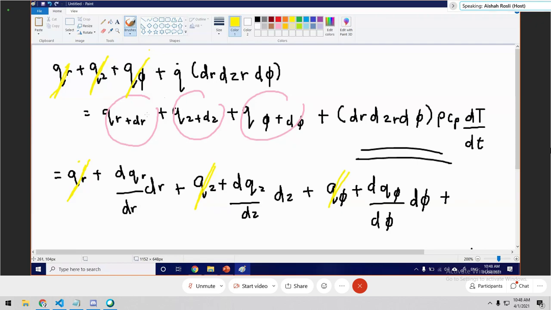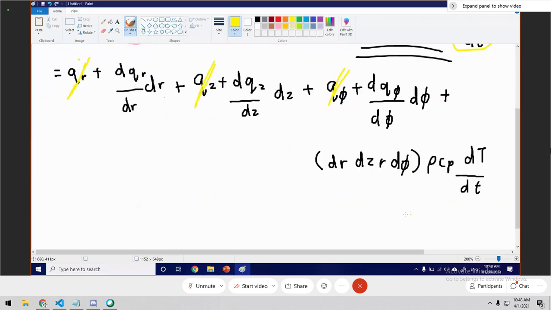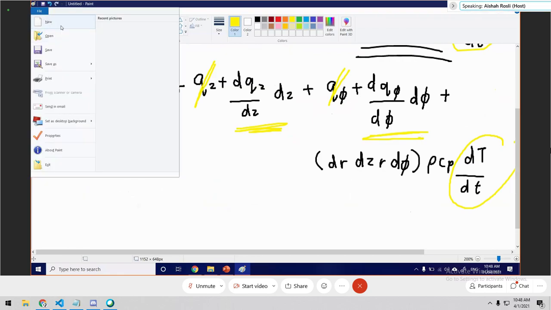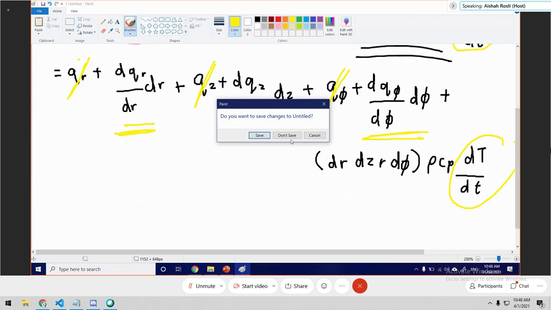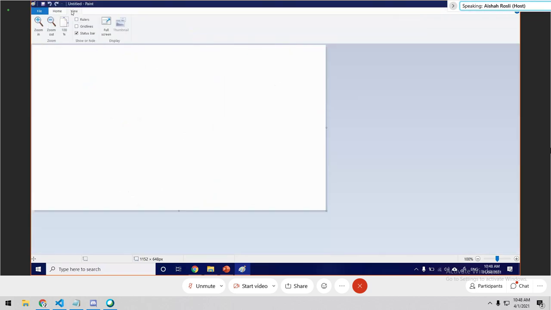Because if you remember, in this case we want the temperature profile. So the temperature profile is this. So we want to isolate this, meaning we bring the remaining stuff onto the other side of the equation. So if you do that, you will get